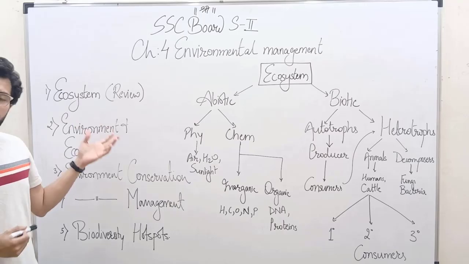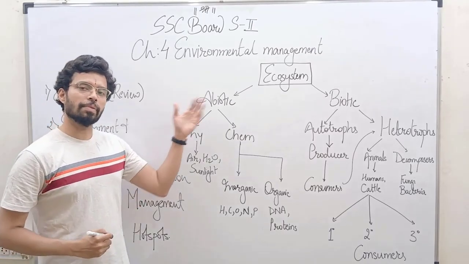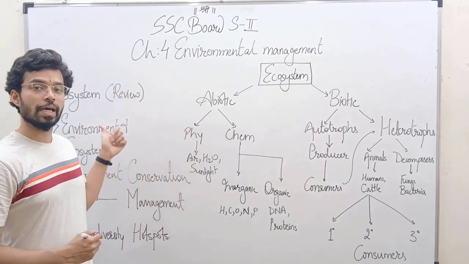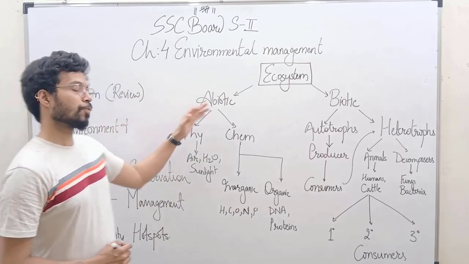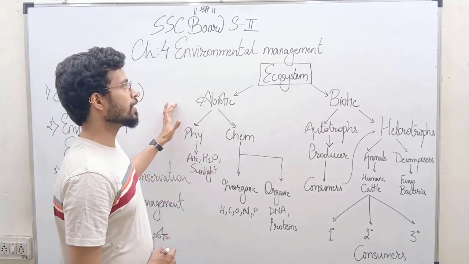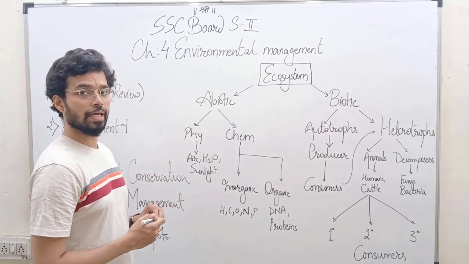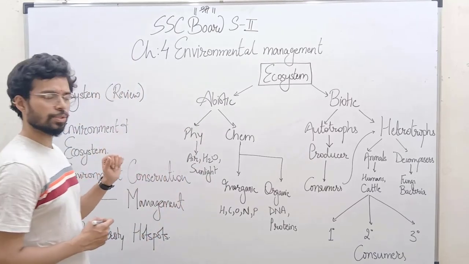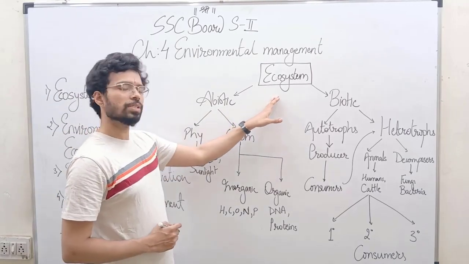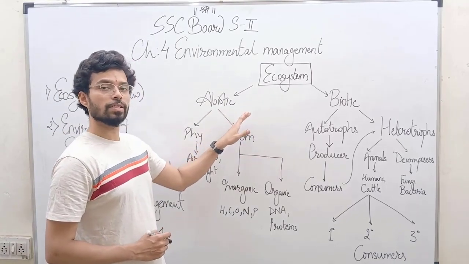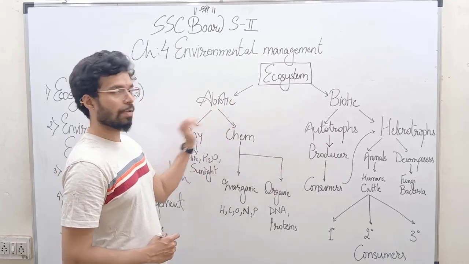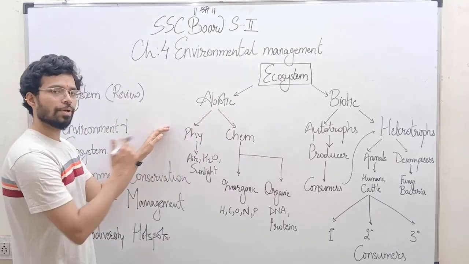There are so many factors in an ecosystem. Let us best understand what we mean by an ecosystem with this flow diagram. This flow chart shows you an overall schematic view of what is meant by an environment or an ecosystem. An ecosystem, as I said, is made up of two factors: biotic and abiotic. Let us see one branch at a time.